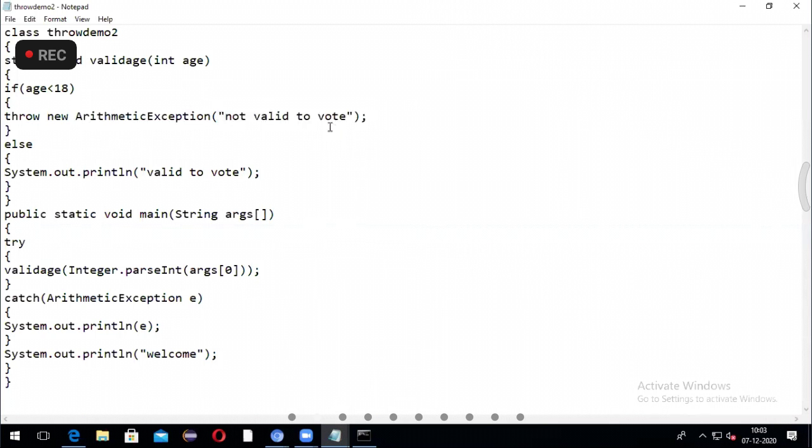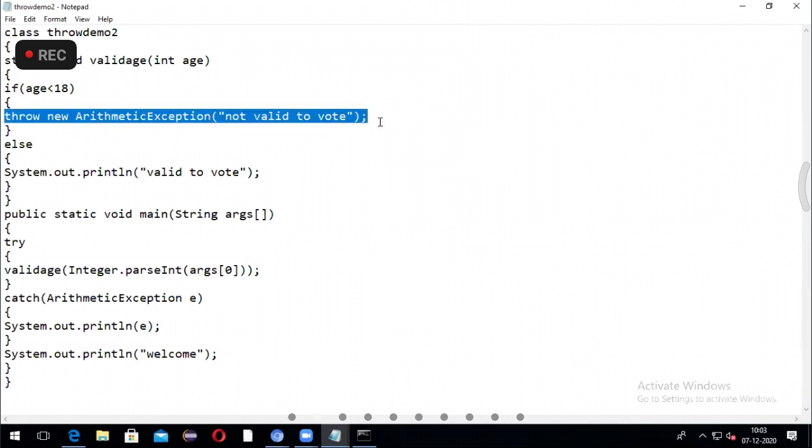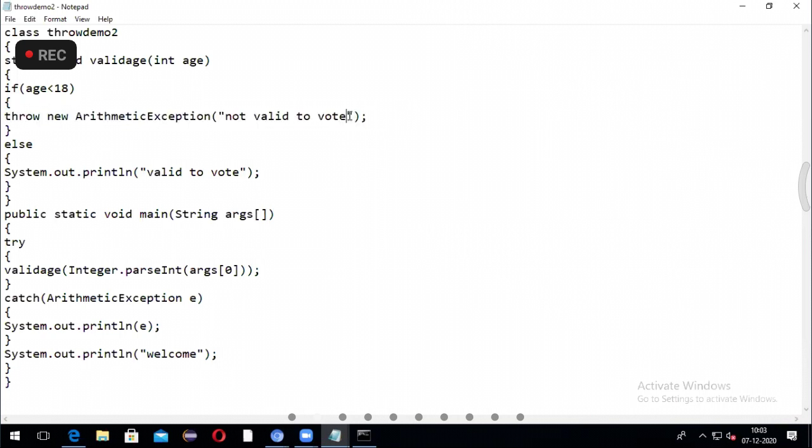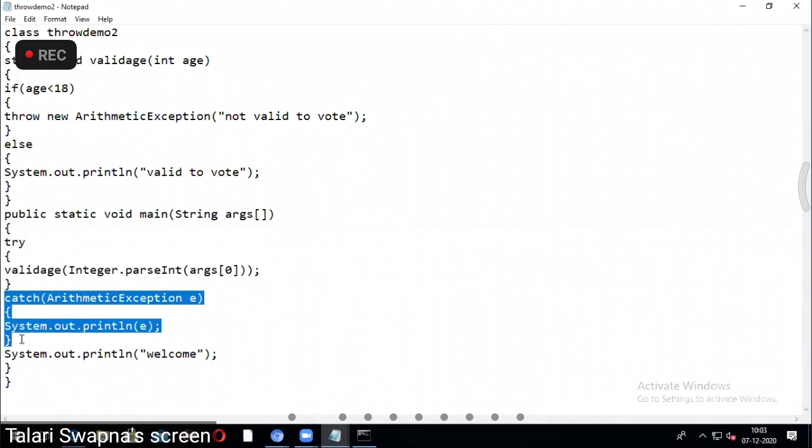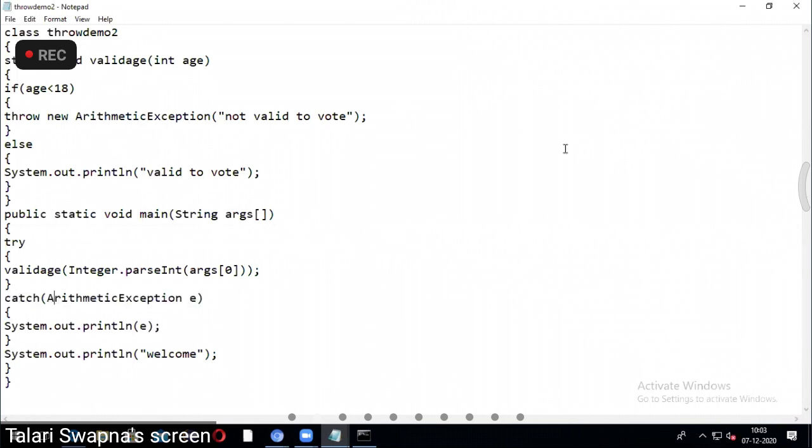During the flow of execution, wherever this throw is encountered, the flow of execution will stop there, and it will check whether there is an enclosing try block followed by a catch block which matches the exception you have mentioned. Then only this catch block will be executed. Otherwise, it will check whether there is any other try catch block.